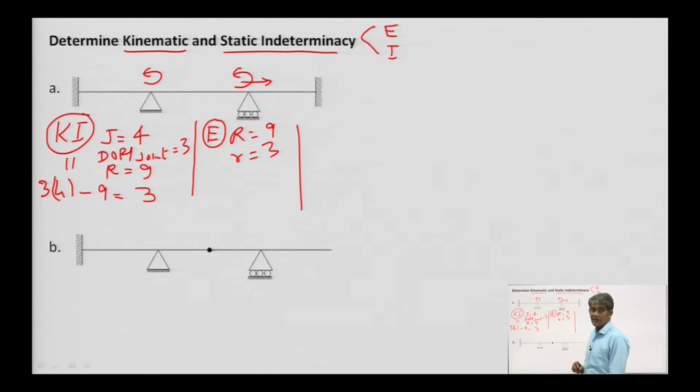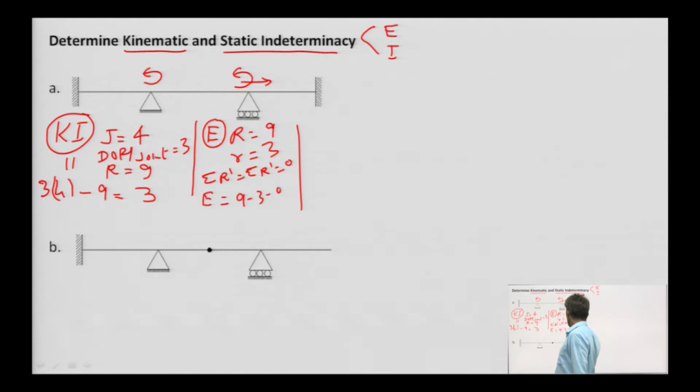Sum of R dash and sum of R double dash are equal to 0 here, in both cases. Therefore, external indeterminacy is equal to 9 minus 3 minus 0,